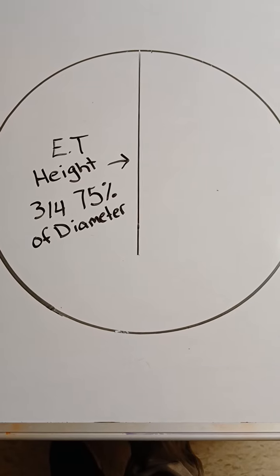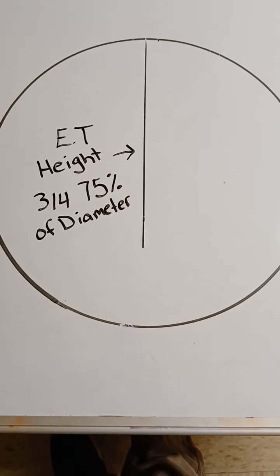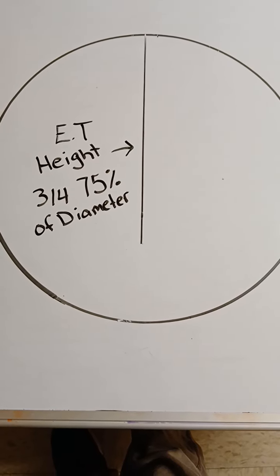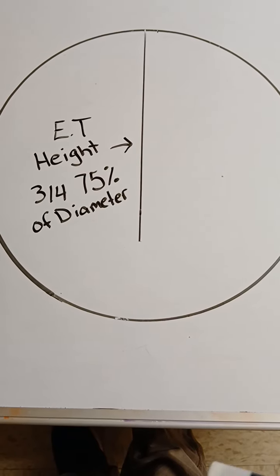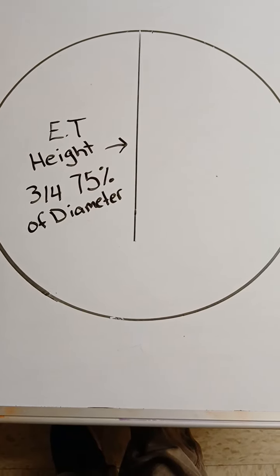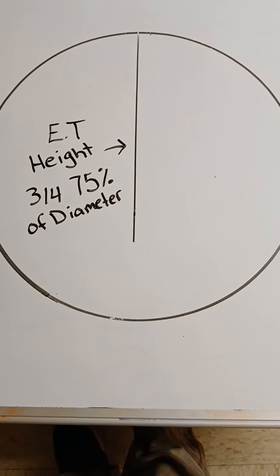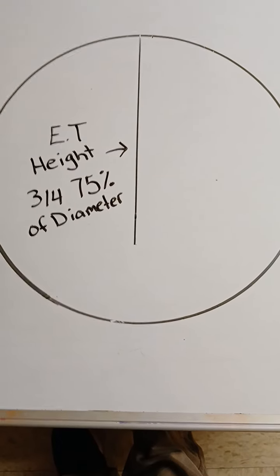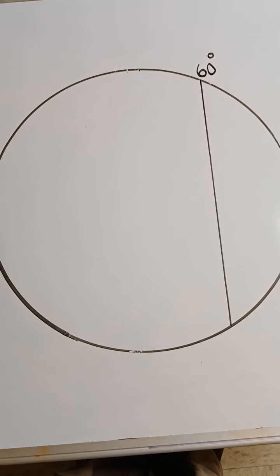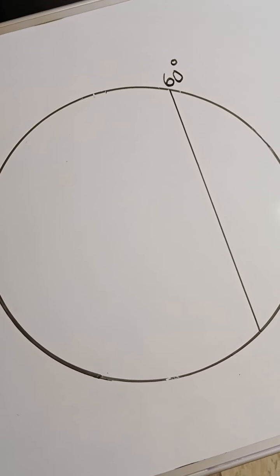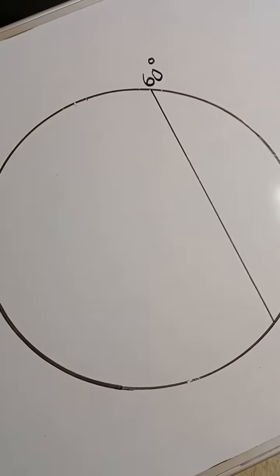If you missed the earlier video, this is the equilateral triangle height that takes up 3/4 of the diameter, 75%. And it's the reflection of the diameter. It's the scale of the circle, and it's a beautiful balance. This is the 60-degree strip of the circle, but also just as important, it is the leg of the equilateral